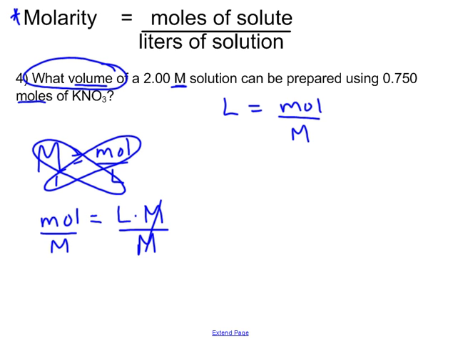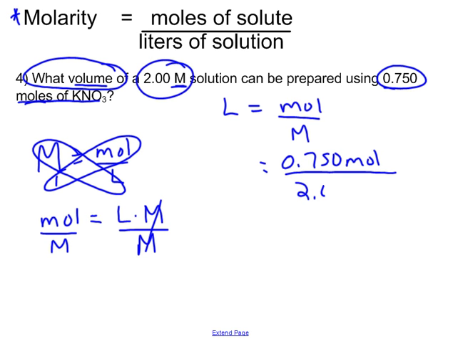So what we have for the number of moles, 0.750 moles of KNO3, 0.750 moles. And we're going to divide that by the molarity of 2.00 moles. Or I'm sorry, 2.00 molar. Now, instead of putting an M here, because then you don't really think that any units are canceling, in reality that molar symbol is moles per liter. And then you can see that the moles will cancel, leaving you with a liters unit, which is what we